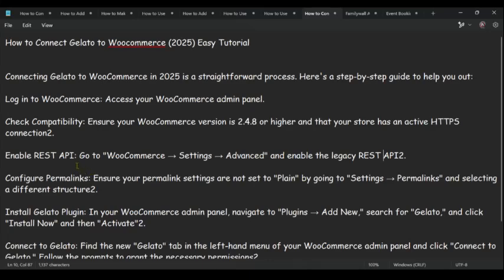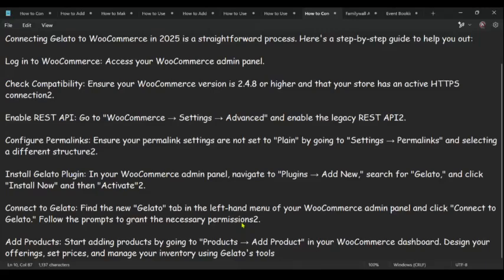To enable it, go to WooCommerce settings, Advanced, then enable the legacy REST API. After that, ensure your permalink settings are not set to plain by going to Settings, Permalinks, and selecting a different structure. Then in your WooCommerce admin panel, navigate to Plugins, Add New, search for Gelato and click Install Now,